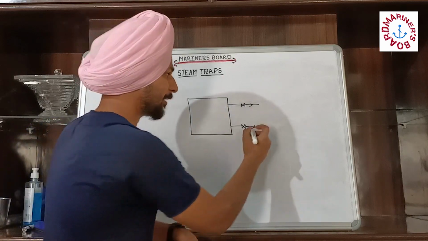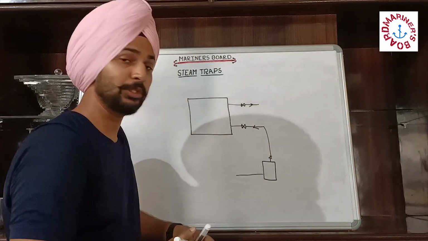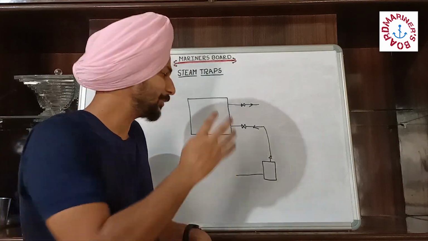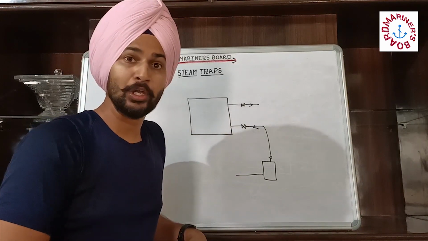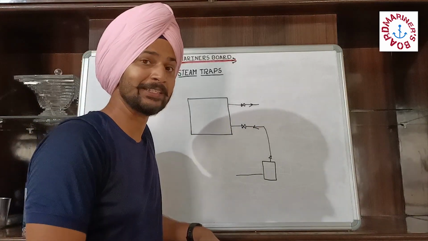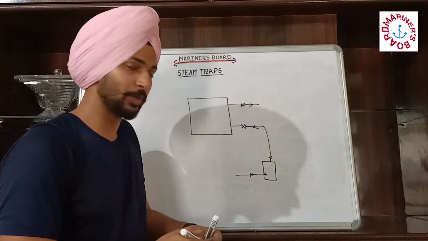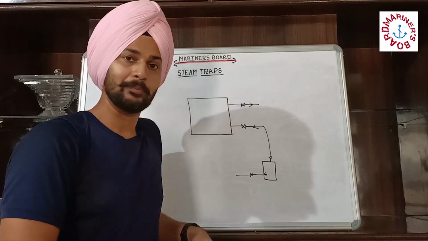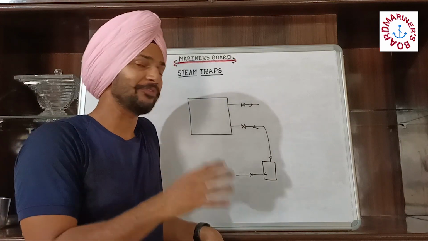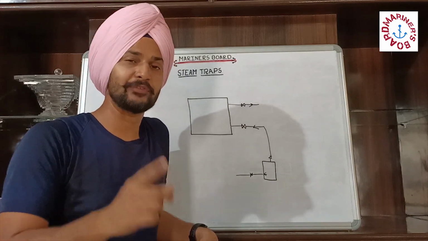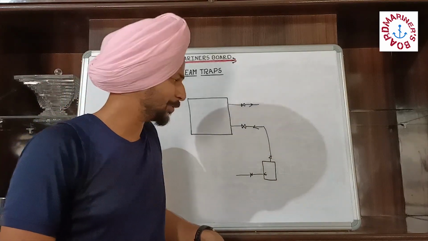The steam is coming from the boiler. Here I have made the boiler, and to generate steam we need what? Fuel oil. It can be any fuel oil. Giving fuel oil to produce steam is giving money to produce steam. The fuel is going to the burner to generate steam. We have also already made videos on different types of burner. If you have not seen that video, please go to this I button and see that video.